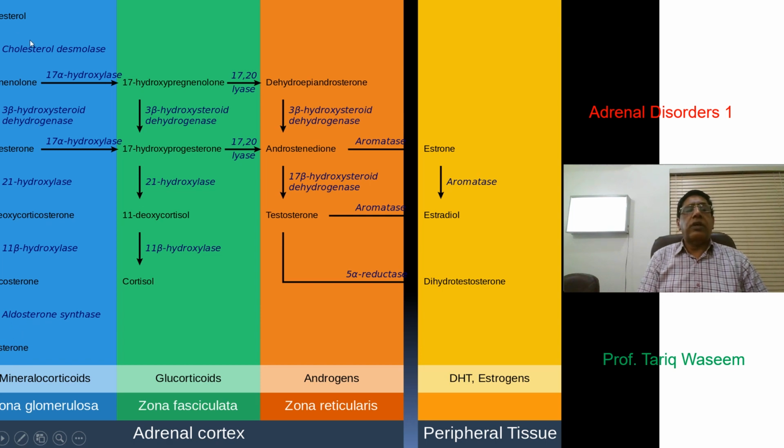So this is the pathway cholesterol takes in the mineralocorticoid producing zone, and it undergoes hydroxylation at different positions: first the 17 alpha hydroxylase, then 21 hydroxylase, then 11, and then finally